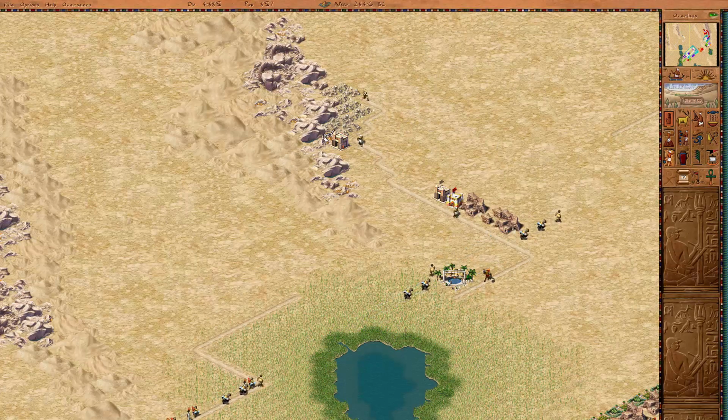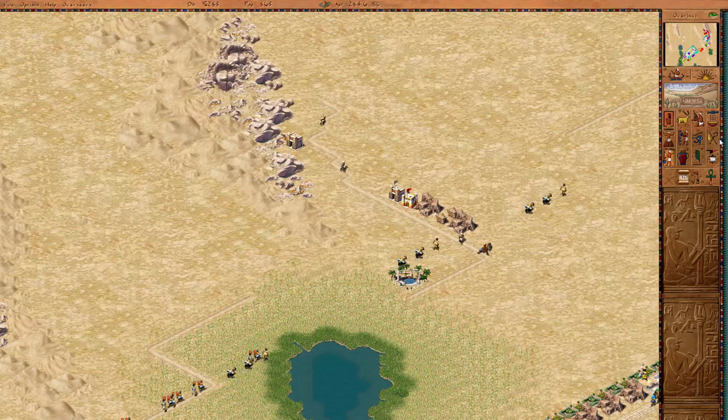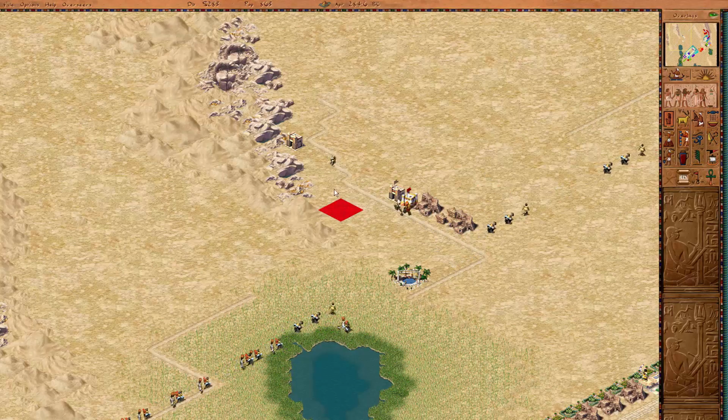What else is missing? That temple's gone down. Okay, now let's absorb all of this. Brilliant. All of this unemployment. Now, I suspect we're going to be attacked very quickly. But what we can do is just get